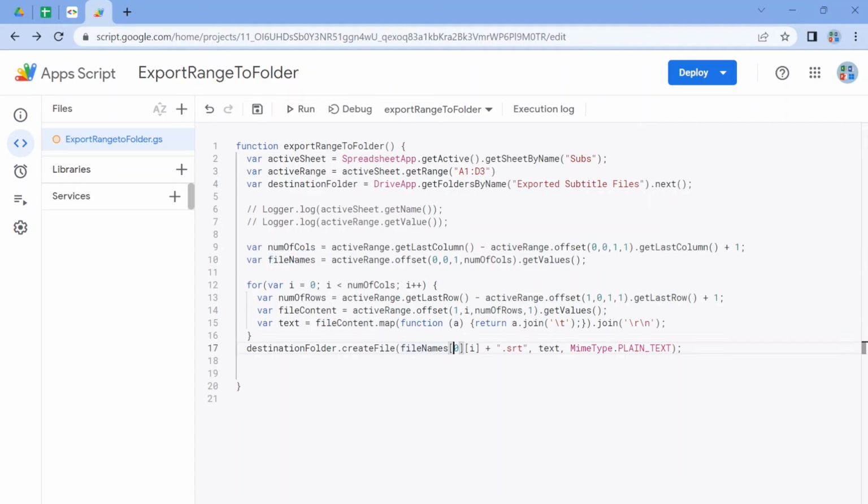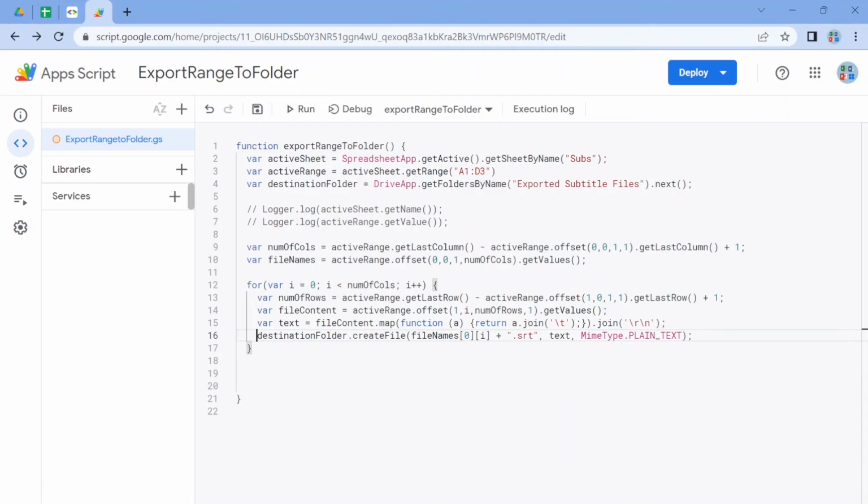I'm just going to grab the 0th entry, so basically the first row, and the column that I need from each of the columns here. And excuse me, this should be inside the loop as well. So for every iteration, I'm gonna create a file inside this folder.